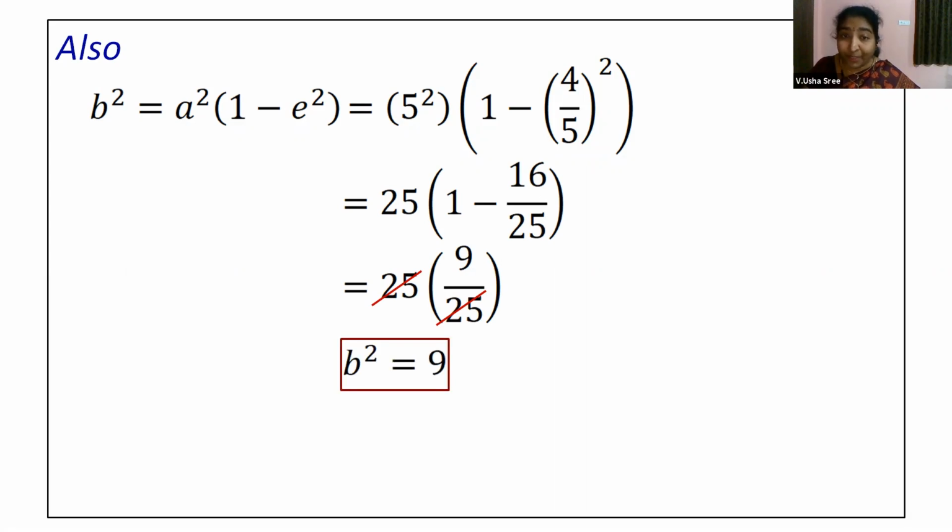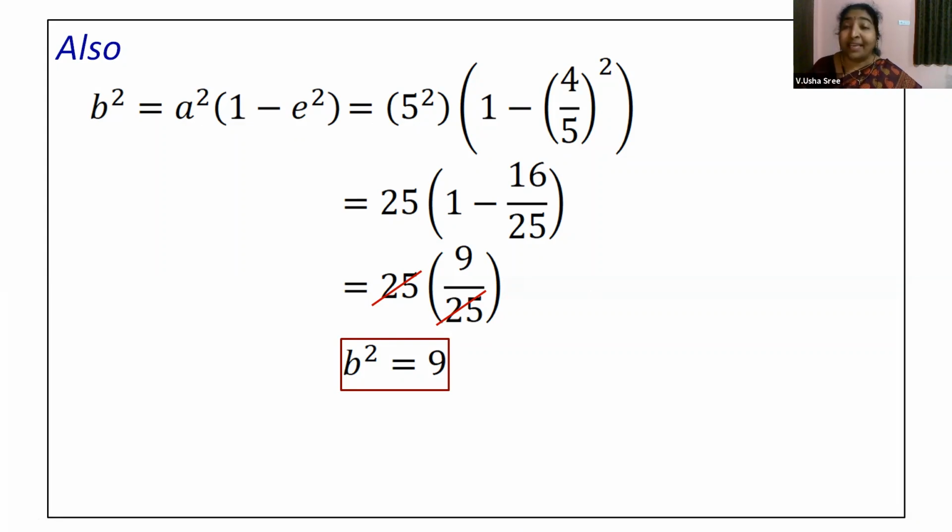Now, children, now you should get it out. In the previous problem, when we were discussing, madam was telling what is the need for calculating E. And here we have calculated. This is the other way of doing the problem, children. When you have AE value, you already have in the calculation 2AE is equal to 8. We have taken AE is equal to 4. That AE we can directly substitute here by taking A square minus A square E square also. Okay, this is what I wanted you to observe. So two problems in two different styles, right?